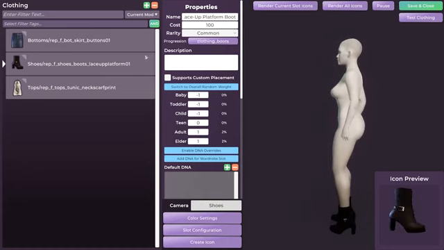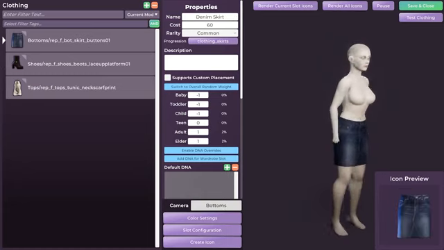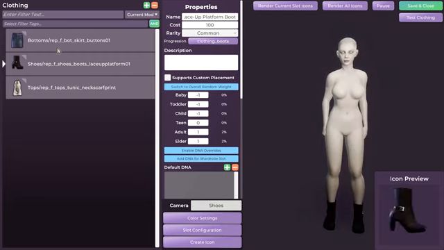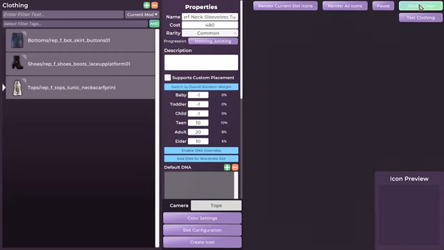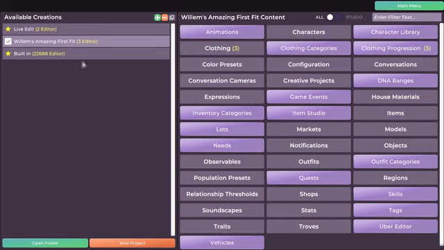So now that I have an entire outfit created, if I click on this current mod dropdown, we can see all 3 of the pieces of clothing have been added to my mod successfully. And I can go ahead and just close it now and hit save and close. And now it should be added to my mod. I will know that it has saved correctly